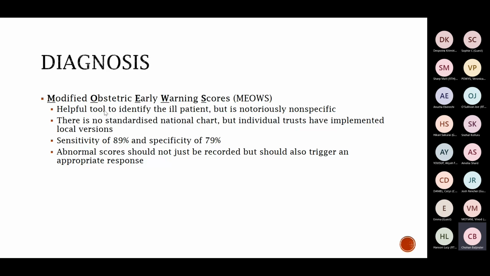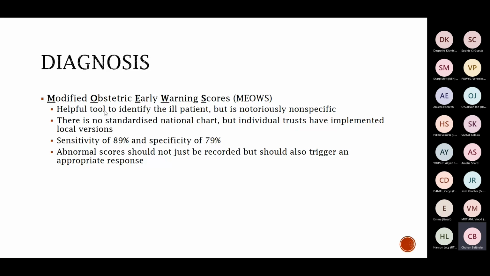And this is where a lot of our skills and drills and PROMPT come into it, because it seems simple. When we read some of the case vignettes, you'll be horrified and think, dear God, what were these people doing? But these obstetricians, these midwives, these nurses could have been us in that same position. So the point is, always have a good look at the observation chart, but don't just look at any single parameter. Look at them all together and look at what the trend is. And don't just ignore someone.